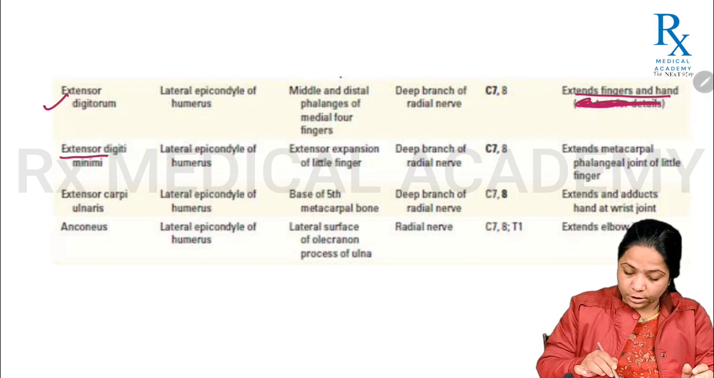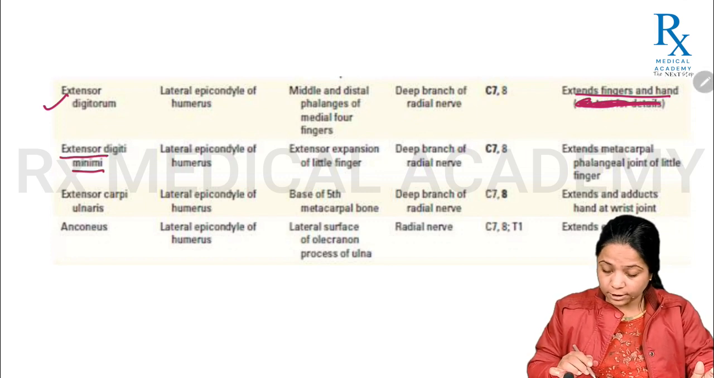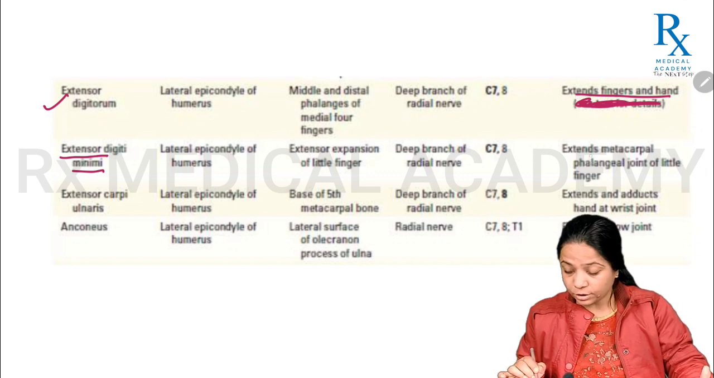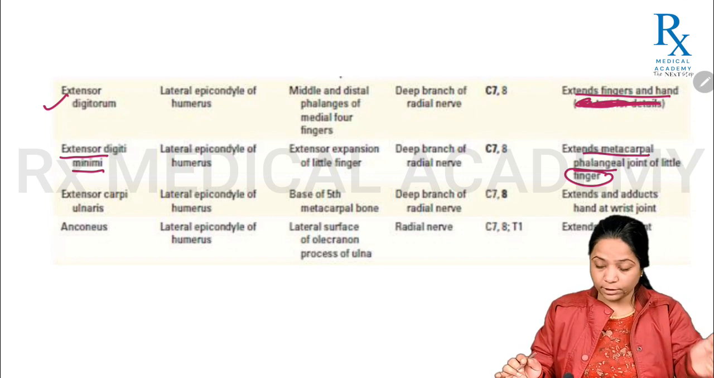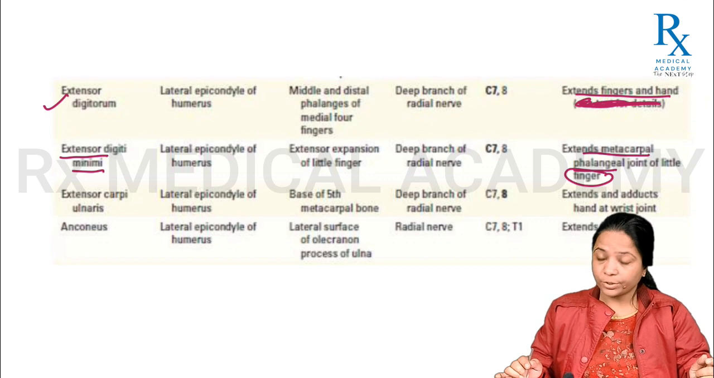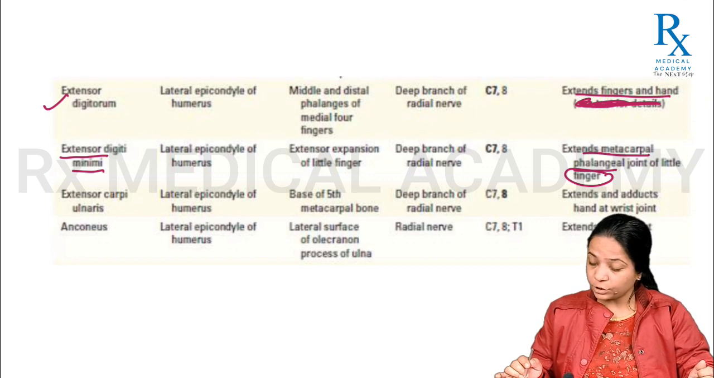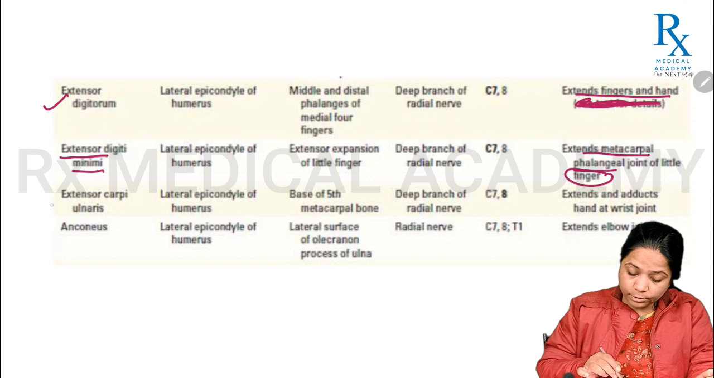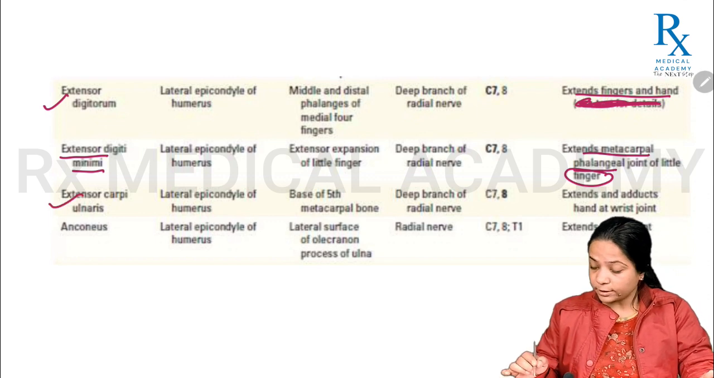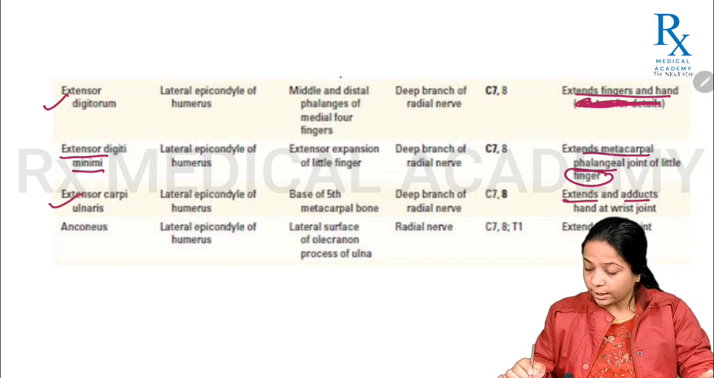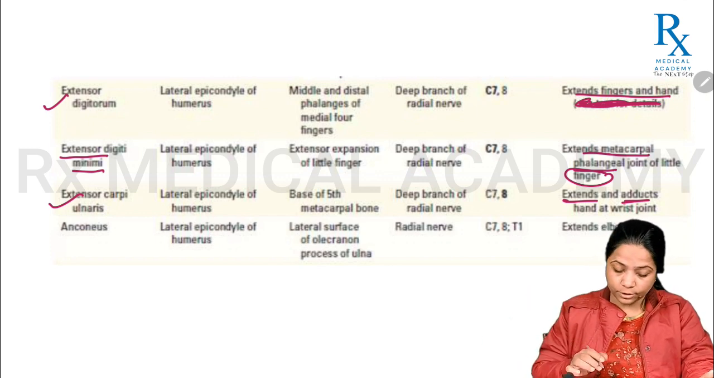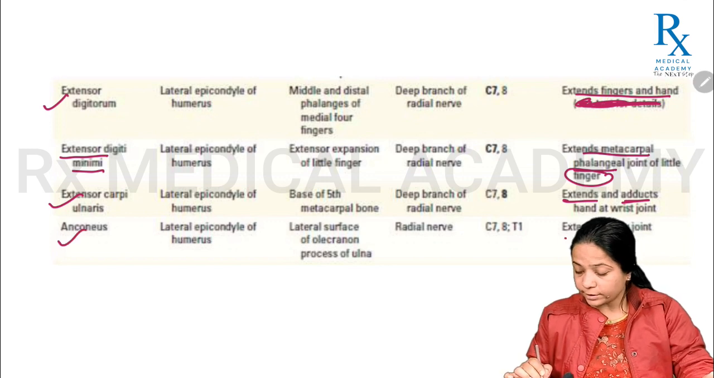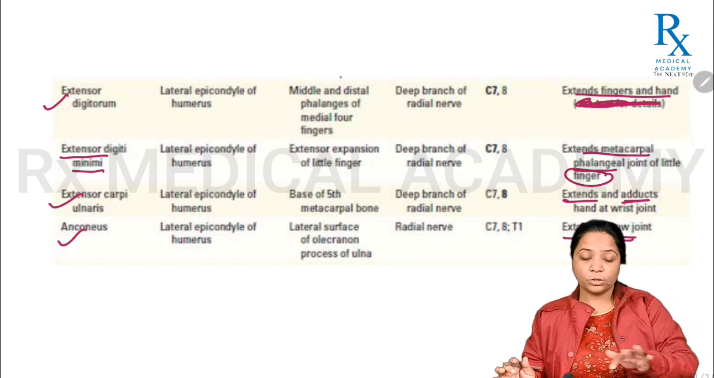Next is extensor digiti minimi. It extends the metacarpophalangeal joint of the little finger, because it is related to the digiti minimi, means it is related to the little finger. So it produces extension of the metacarpophalangeal joint of the little finger. The next muscle is extensor carpi ulnaris. It causes adduction as well as extension of the hand and the wrist joint. Anconeus, it causes extension of the elbow joint. So this is all about the